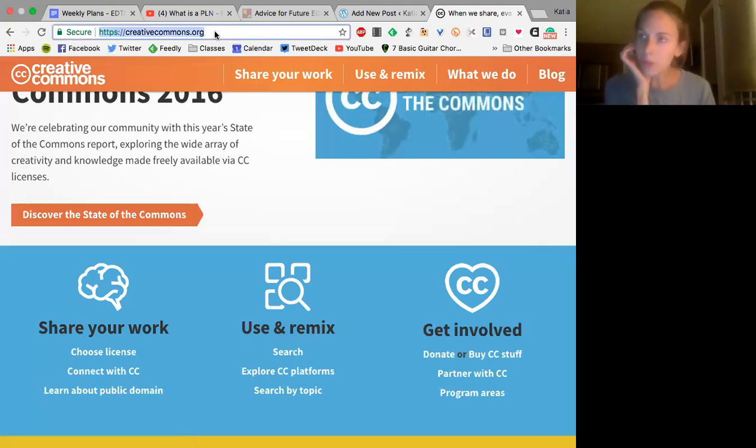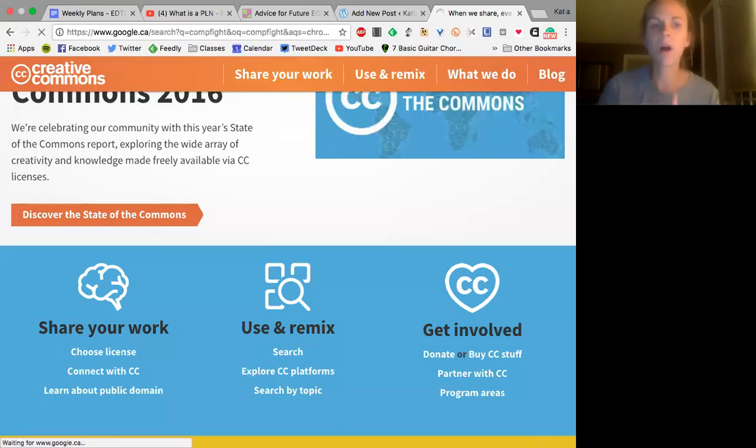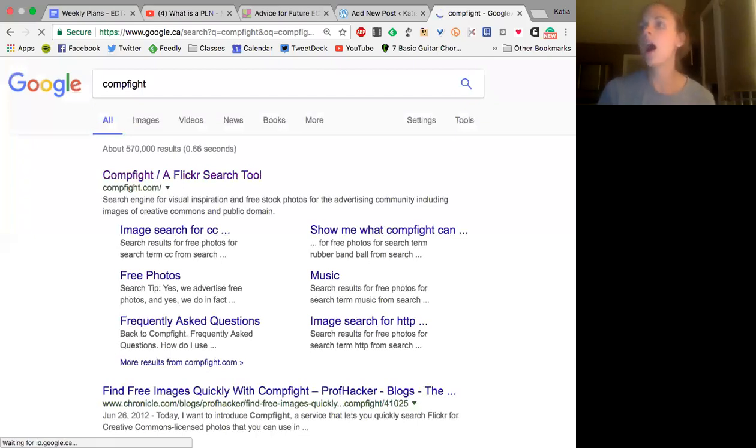But I don't want you to use this site. You can go to search.creativecommons.org and look for pictures, but there's actually a better option. I use something called CompFight. It's like a database that searches various databases of photos.